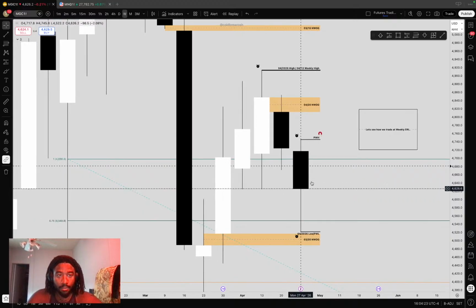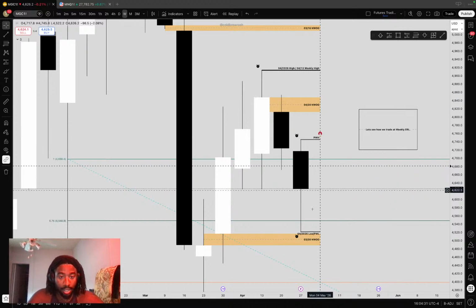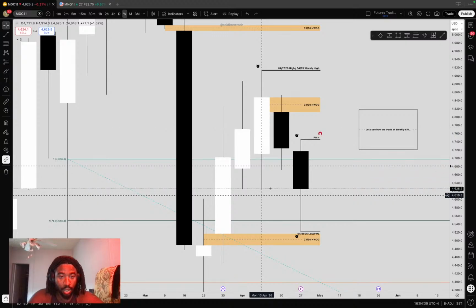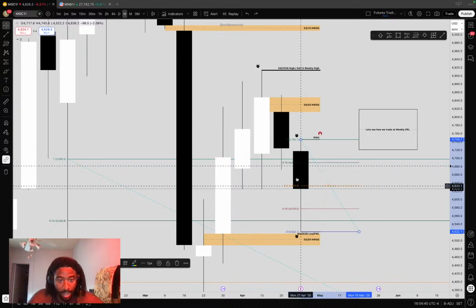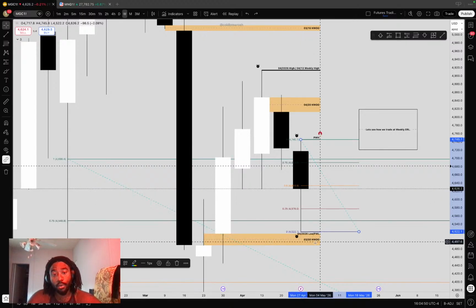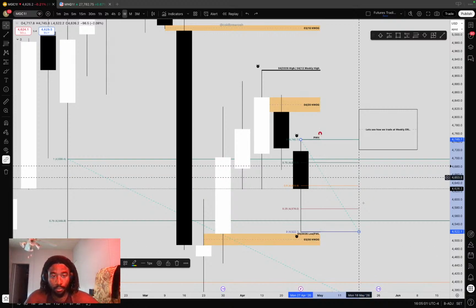And I'm saying I don't really like it because I'm of the longer term vision that I want to see price continue to go up. So because my bias is up, and I see that we didn't get all the way down here, and we did get above the low of this weekly range, but we didn't get above the 50% range for that candle itself, that tells me that we could see an exploration of price going lower into the next week. Despite me being on the longer term vision that I want to see it go higher, we could see on a weekly basis that it goes a little bit lower. Okay, so